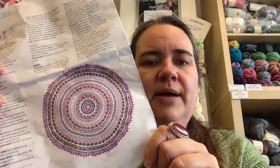I started it last summer, really loved it. I mean, it's obviously a mandala, a pie shawl. I don't know if I'll ever necessarily wear it as a shawl, but I really wanted to make it. I loved the fact that there were lots of bright fun colours and lots of different stitch patterns to keep you interested. So I started it, but then it got put away towards the end of last year in favour of gift